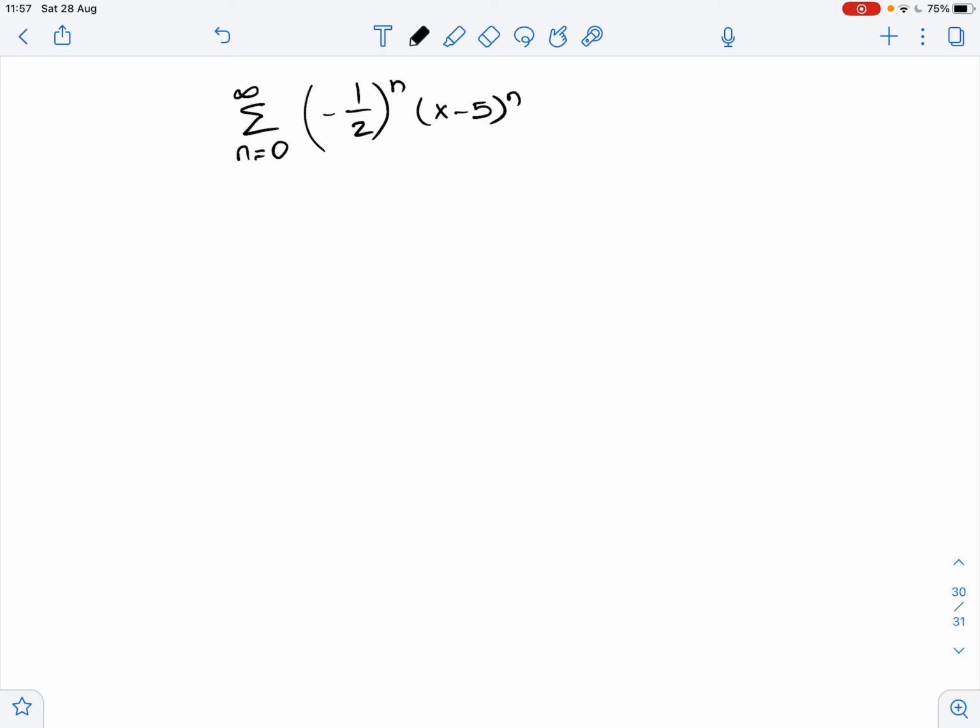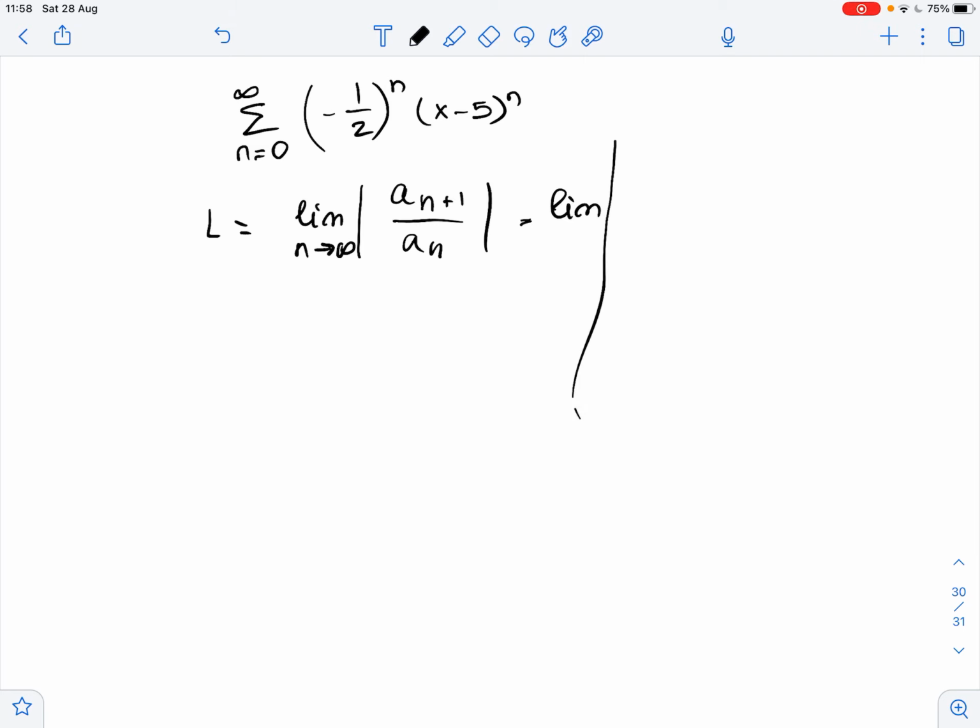So we need to find the values of x for which the given geometric series converges, and we also need to find the sum of the series. Well, now to find the value of x for which the series converges, we will apply the ratio test by finding the limit L, which equals the limit of the absolute value of a n plus 1 over a n, where n approaches infinity. This equals the limit of absolute value,